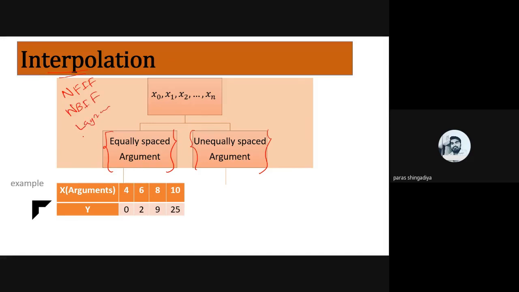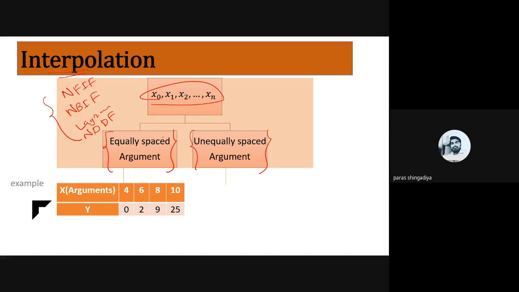Okay, and the fourth one is Newton divided difference formula. NFIF, NBIF, that is backward, Lagrange interpolation, and Newton divided difference formula. These four formulas will be used to predict such answers. Okay, so for the arguments x0, x1, x2 up to xn, if it is equally spaced data, what is the meaning